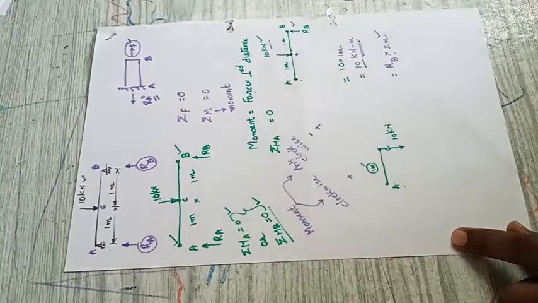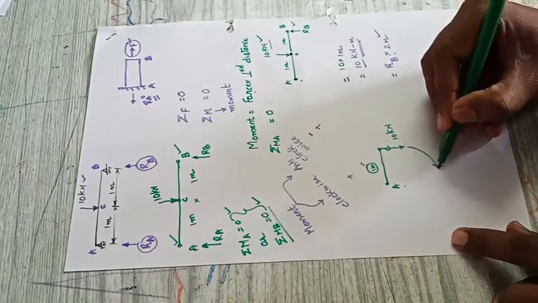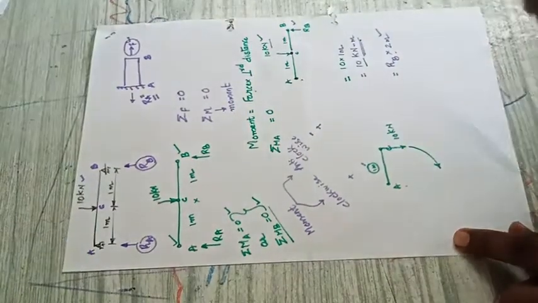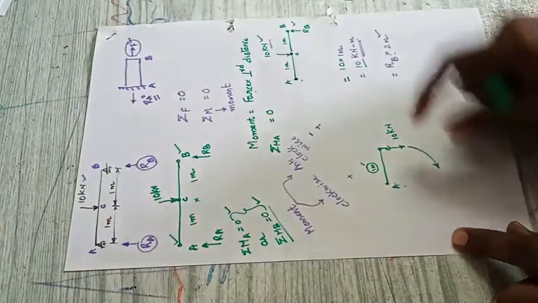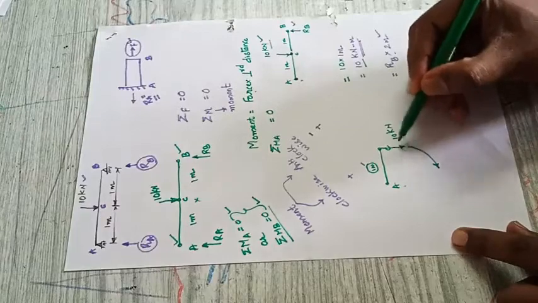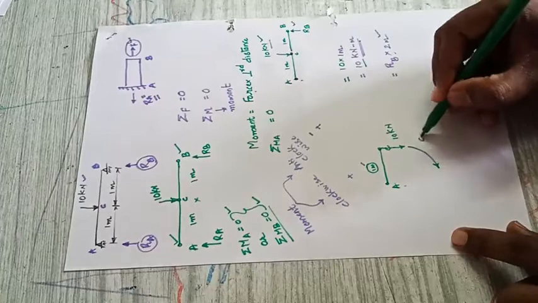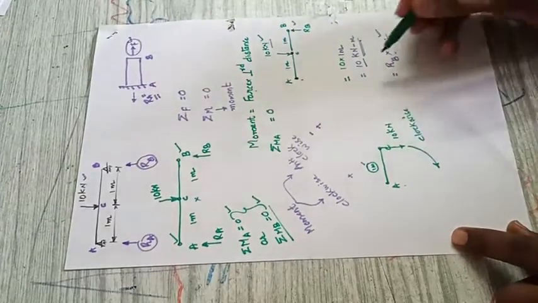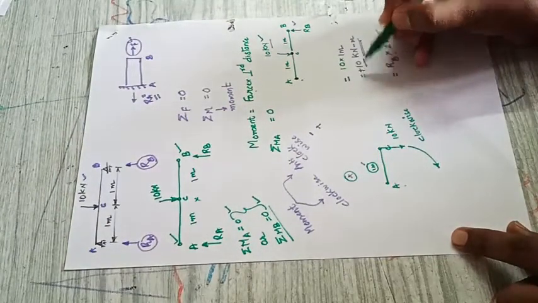In which direction it rotates, means if I release this, it will move in this direction. With refer to the point A, it will rotate in this way. If I connect the A to C with a thread, and if I release that, it will be moving in the direction of this force. It will rotate like this, means it is a clockwise. So what the sign we have taken here, you can take plus. So I will write here as plus 10 kilonewton.